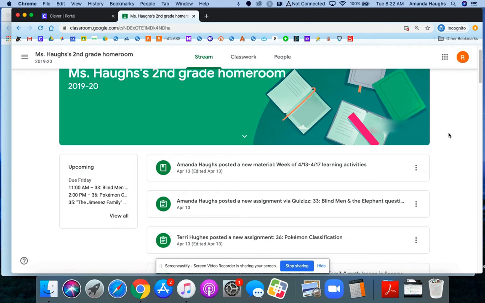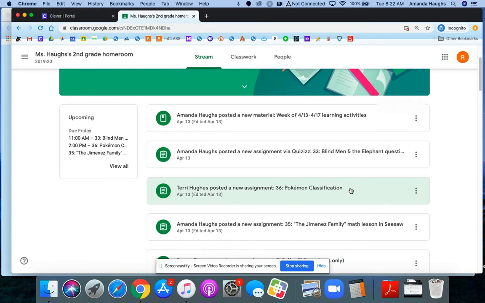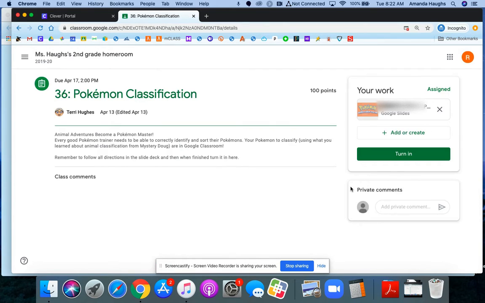There are a couple different ways that I can turn in work on Google Classroom. Let's open up an assignment and look at the first way. So this assignment has material attached for me to work on. I would need to open up this link, do all the work inside that document that I need to do, and then when I'm all done with the entire assignment, I can go ahead and click on the green Turn